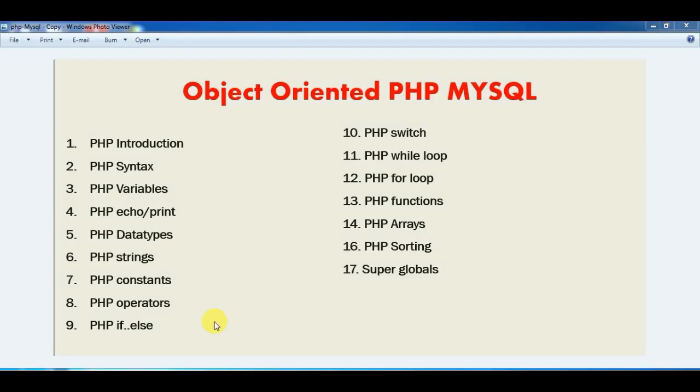Hello everyone. In this lecture series, we will learn object-oriented PHP MySQL. First of all, we will clear the basic concepts of PHP. We will go through these topics. First, PHP Introduction, then syntax, then how to declare variables in PHP, and what are the different commands like echo